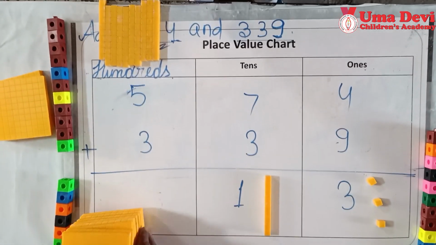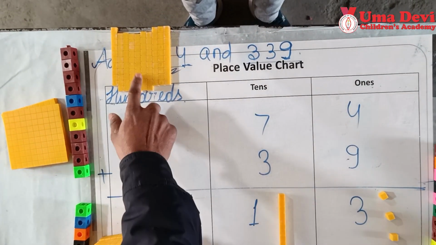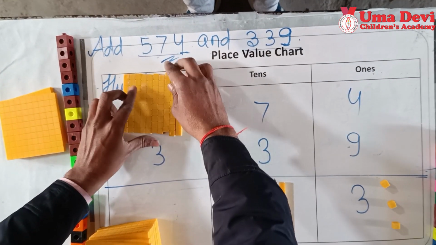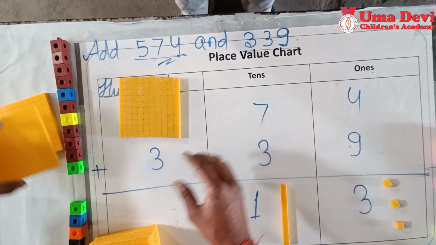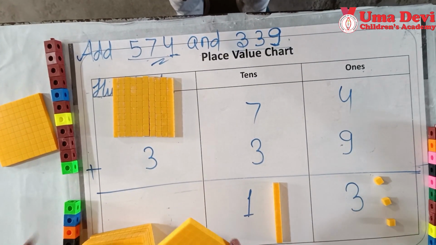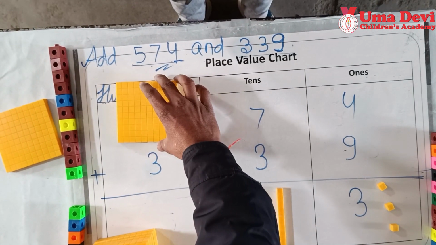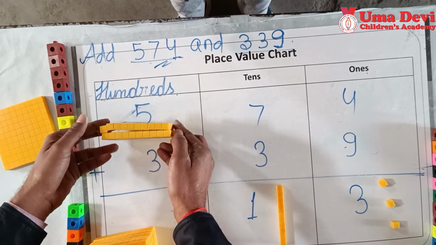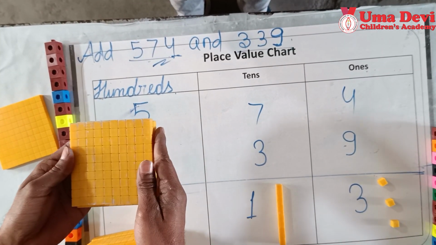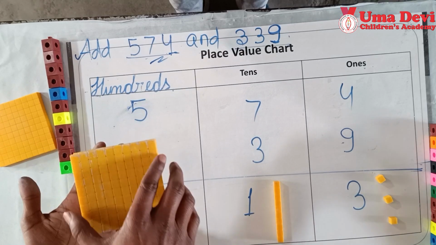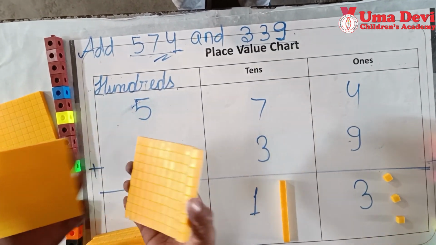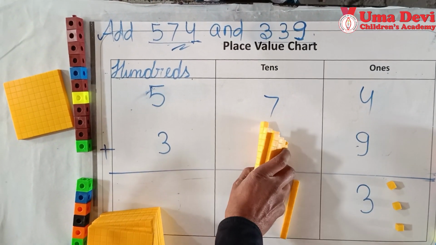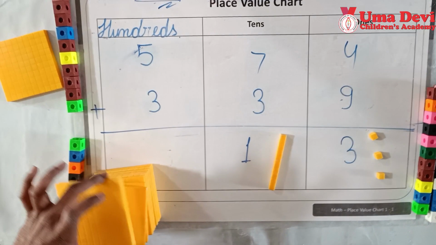But listen, we are forgetting something here. This is also 100. Look at this. Is it 100? Yes or no? So look here, this can be replaced with this block. Yes or no? Can you make any difference with this? No, we cannot make any difference, because 10 tens is 100, okay. So look here, we will put it here.